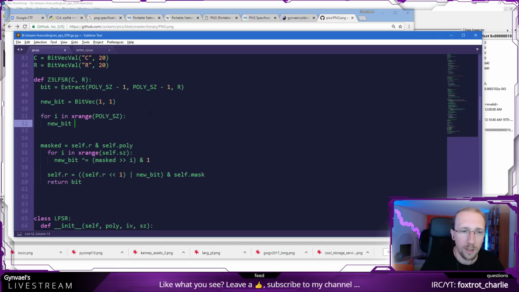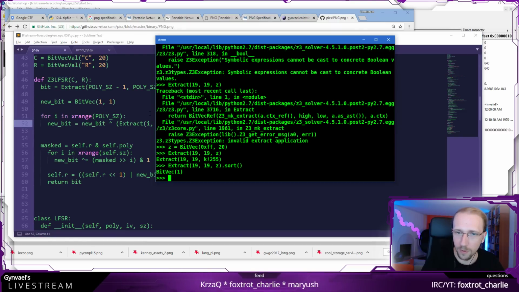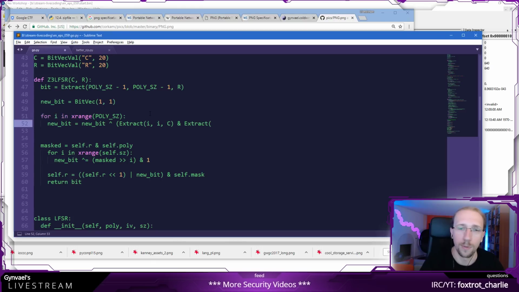Okay, so new bit is going to be new bit XOR with C. I'm going to extract bit number I from C. That's good, right? Which has to be ANDed or multiplied. Again, multiplication and bitwise AND for 1 bit is the same operation.